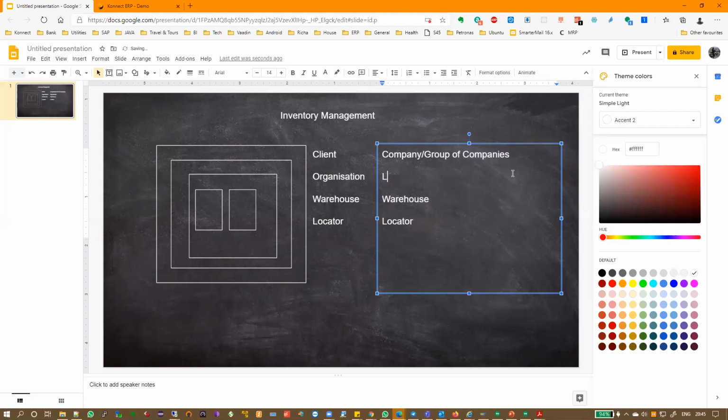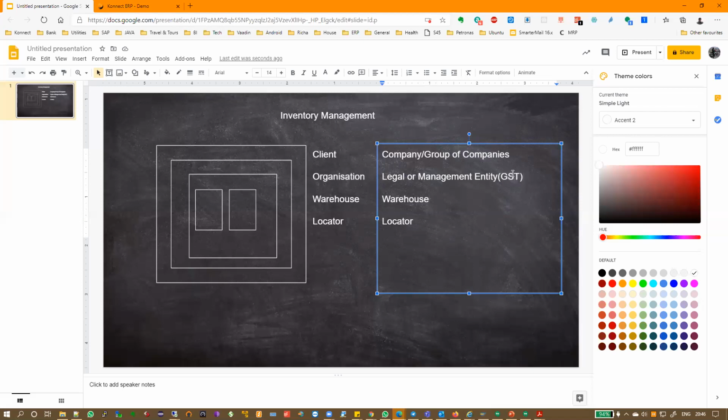What is an organization? An organization can be a legal or a management entity. For example, in Connect Analytics, the company is the client, but as organizations we have HQ and Maharashtra. HQ and Maharashtra are not two legally different entities, they're the same entity, but management-wise we have split them. Generally, though not mandatory, they will have their own GST registrations, which can be the same or different. So that is the legal one.